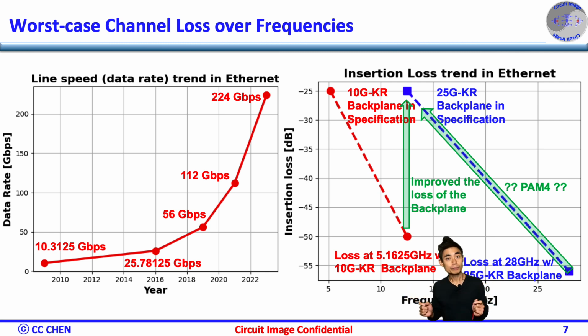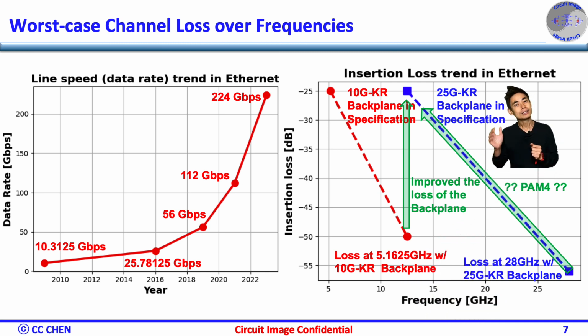The loss would easily be greater than 50 dB around 12.5 GHz, which would not be feasible for 25 gigabit per second for sure. Therefore, 25G Ethernet still defines roughly 25 dB ball-to-ball loss at the Nyquist rate